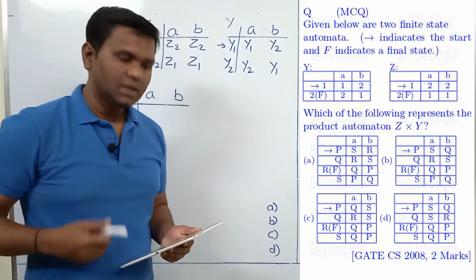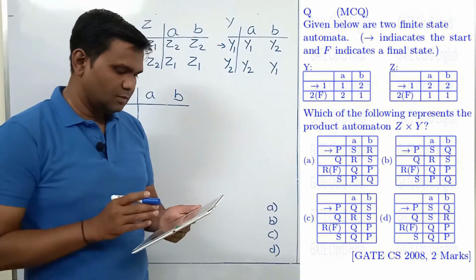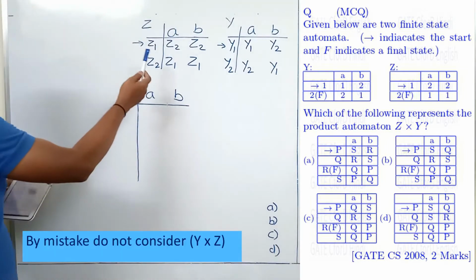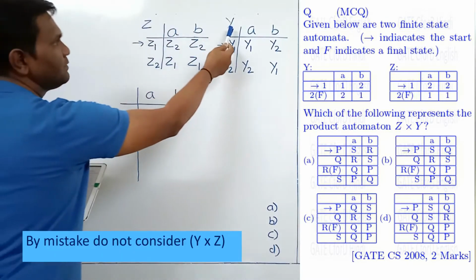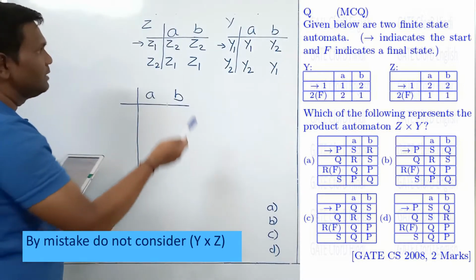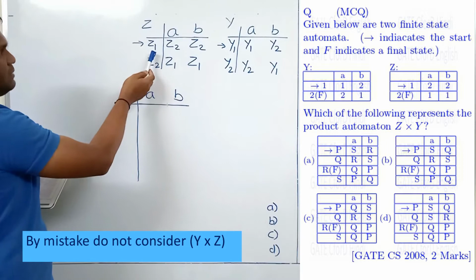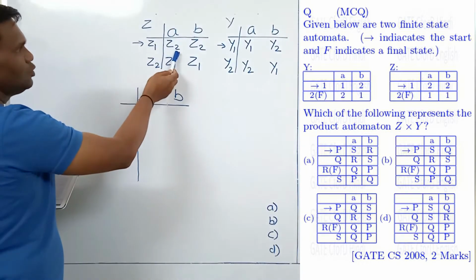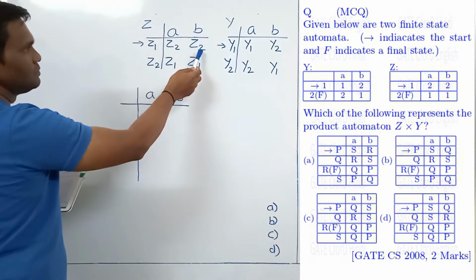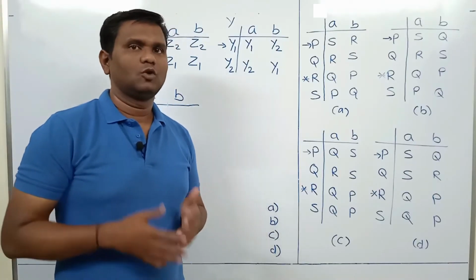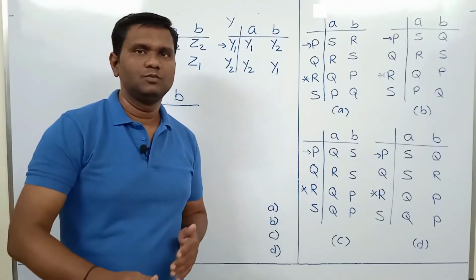Now if you read the question carefully, they have asked about the cross product of z cross y. That's why I have written automata of z first and then y. Also states are named differently. Here I have written state names like z1 on A goes to z2, z1 on B goes to z2. In exam, if you have question related to cross product, you cannot simply jump to assume that the cross product